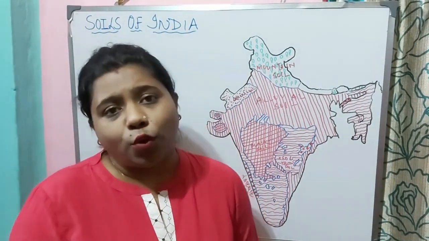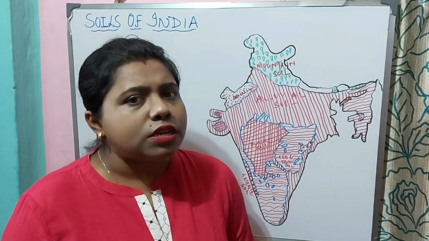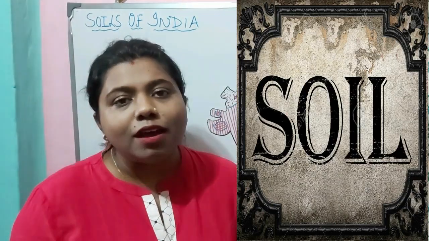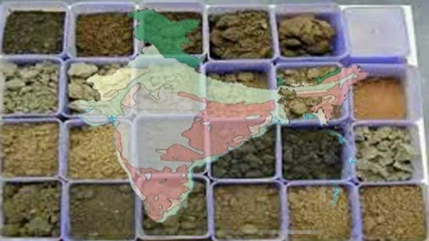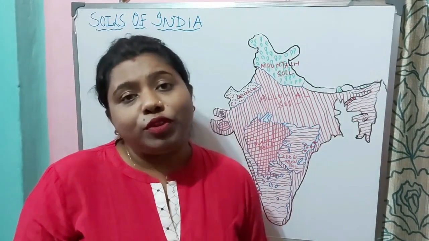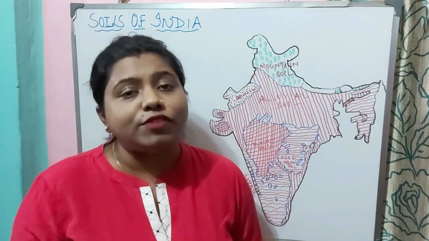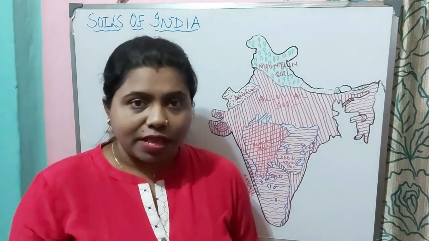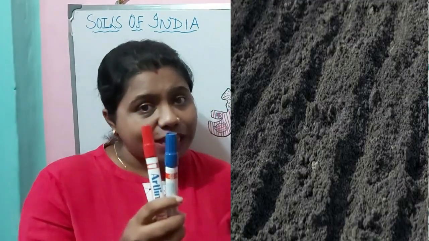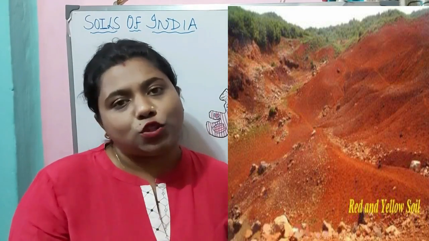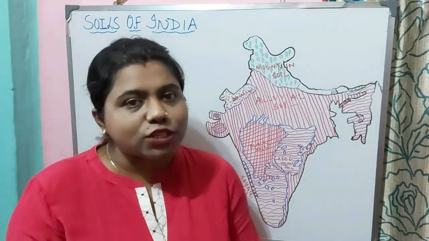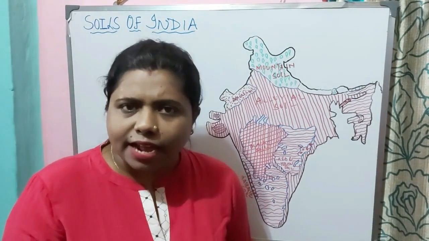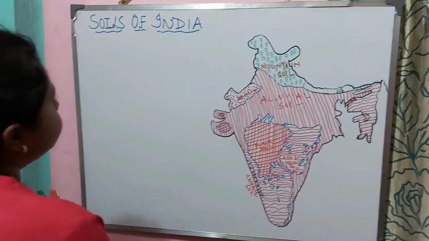Now, in the last video, what we learned? We learned about what is soil, formation of soil and the factors that affect the formation of soil. So today, we will learn about soils of India. In this video, we will try to understand the characteristics and features of three soils, that is alluvial soil, black soil and red and yellow soil. Let us get started. So in India,